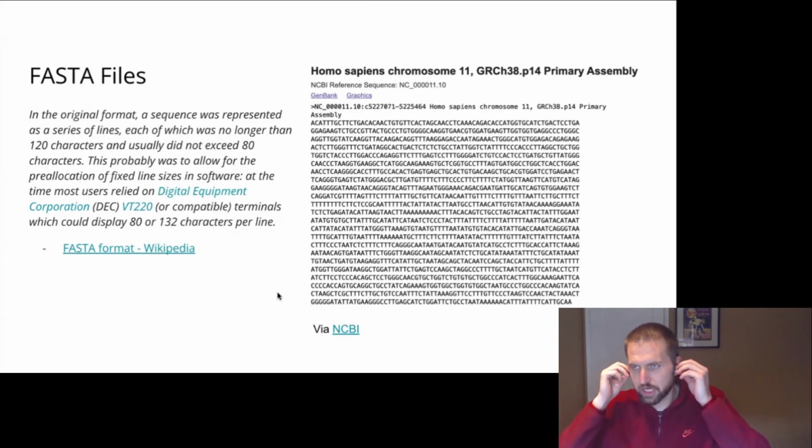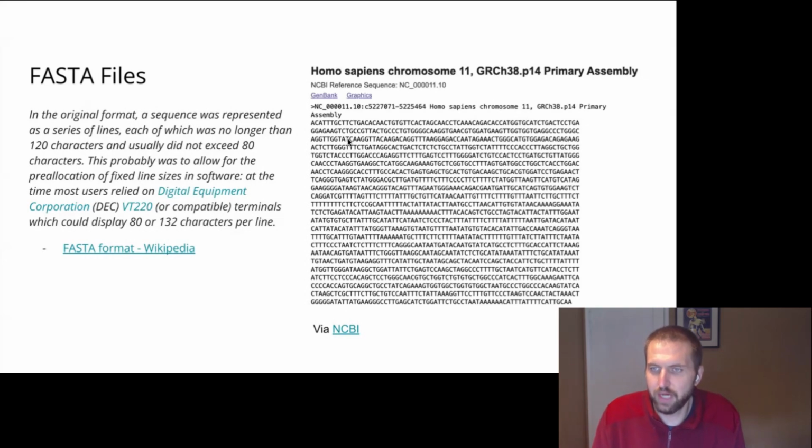You can imagine some of the challenges that come along with parsing even something as simple as this, where you have a header, which is basically this little caret up to the first space. Anything after this first space is the description of the sequence, and then everything else is the actual sequence itself. And these are basically concatenated together multiple times to create a sequence file format in the FASTA,